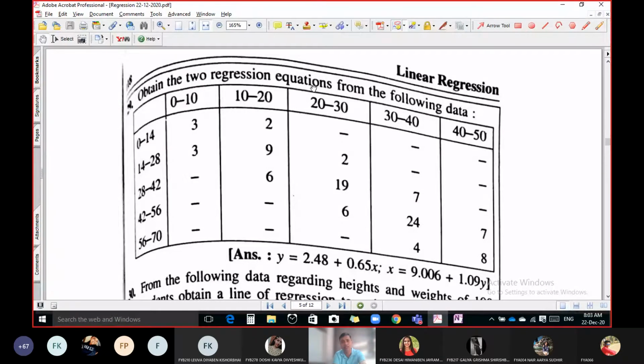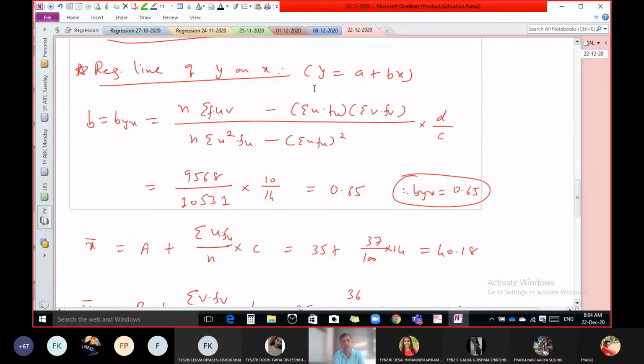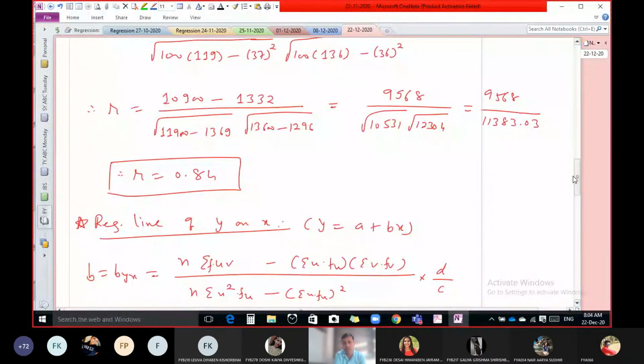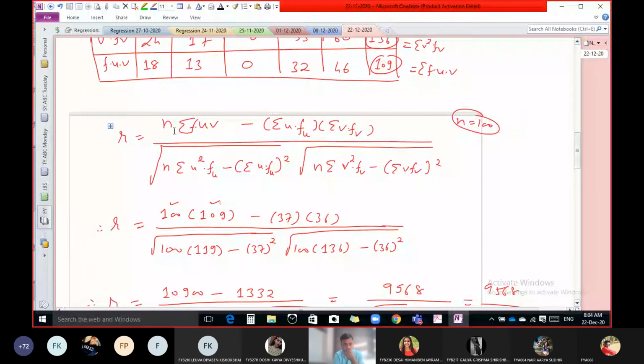So we have to find two regression equations. One is x on y, the other one is y on x. The regression line of y on x, we know the standard form of that is y equal to a plus bx. First of all we have to find the value of b. That is nothing but the regression coefficient of regression line y on x, denoted by byx. The formula is almost the same as the previous formula, but in the numerator there is no change. In the denominator you have to write only one variable without square root, either u or v,